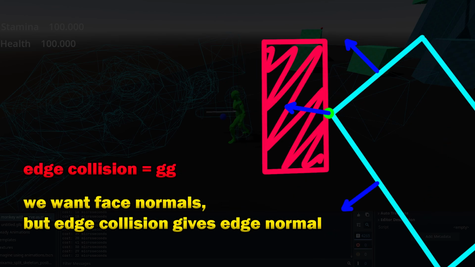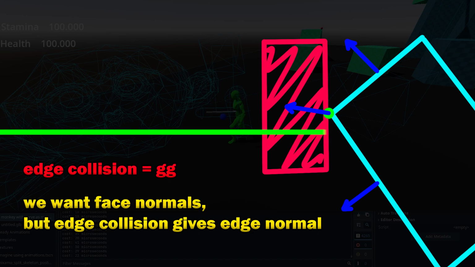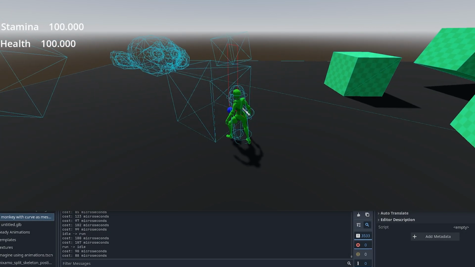But if the collision occurred on the edge, where most of the collisions occur in real life, we get a collision normal of this edge, and we can't get any of the face normals from the data. We can cope with a small crutch: we can shape cast, get the collision point, and then raycast like 1 centimeter lower. Raycasting is a discrete operation and you can't get an edge from it, you always get one of the faces. But shapecasts have another big problem.